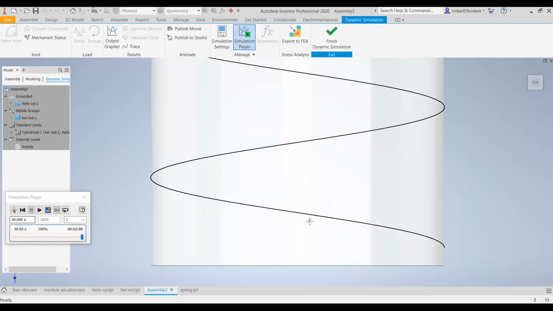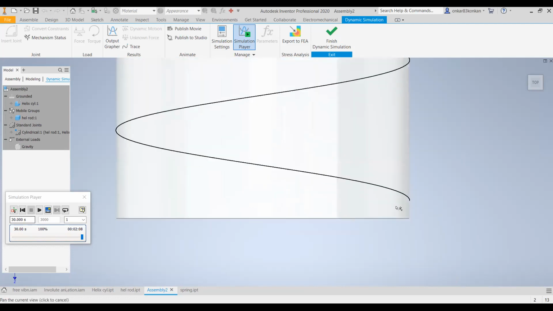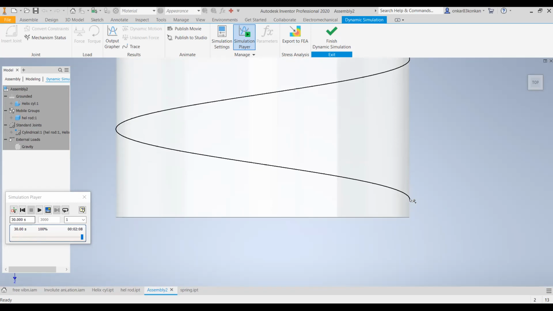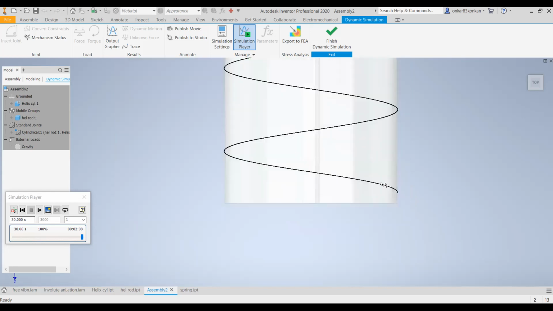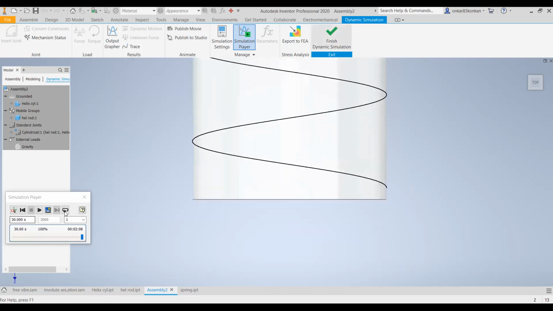So you can observe here, if the point P starts its motion around the cylinder from this point, then it will complete the revolution along this path, and this is the position of the point after one complete revolution. Okay, so this vertical distance is called the pitch. I hope you have understood the meaning of helix from this animation.